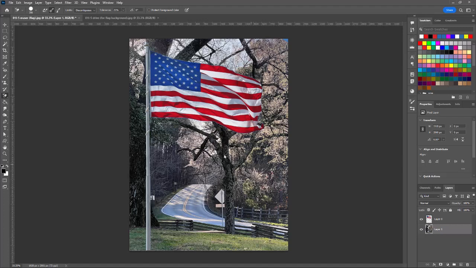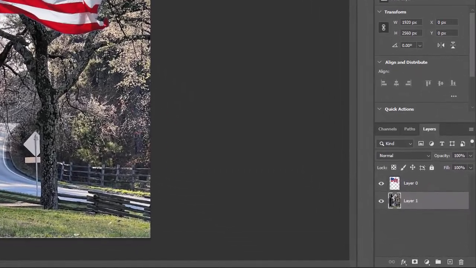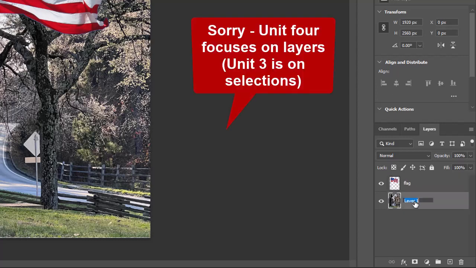Now one thing to notice here in this image is it's pretty obvious it's a composite just because of the tonal quality differences between the two. I'm working on the drive layer rather than the flag layer. In fact, it's often a good idea to name your layers. We'll talk about layers in Unit 3